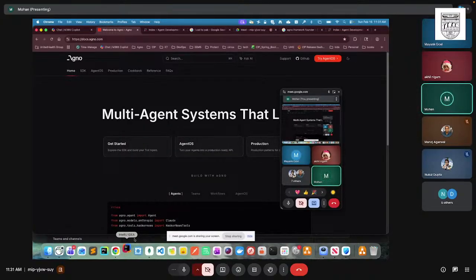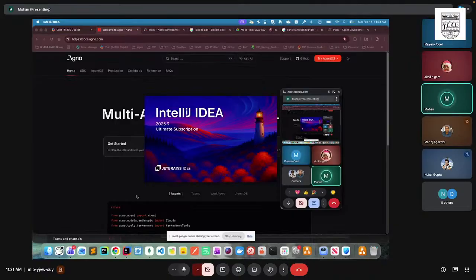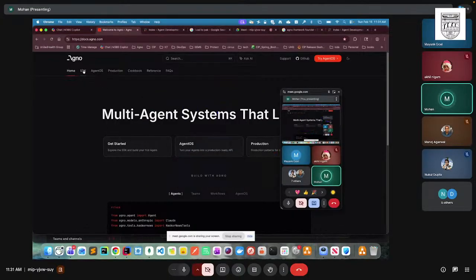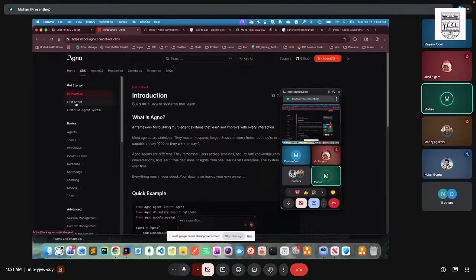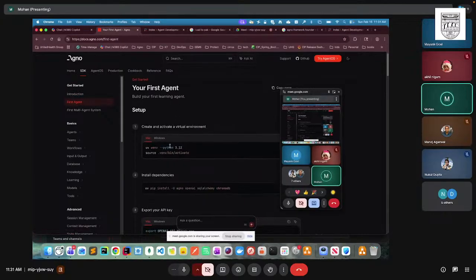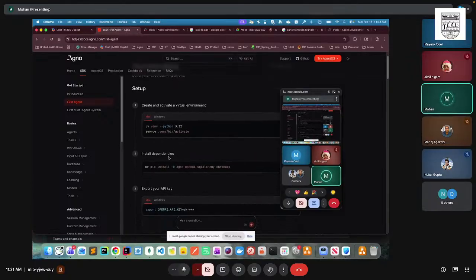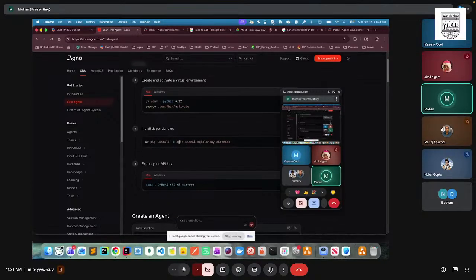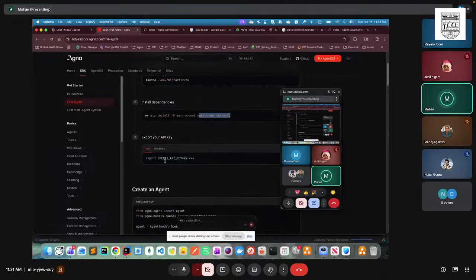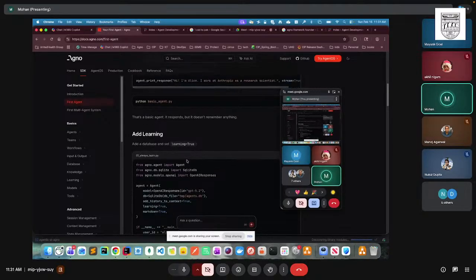When you install it, I can show you one piece of code. I was just doing a POC. You just need to install a library. When you build your first agent, you create a project and install dependencies like Agno, OpenAI, and Chroma DB. OpenAI is to call the model, Agno is the framework, and the database stores the memory and context. After that, you create a model and start working on it.